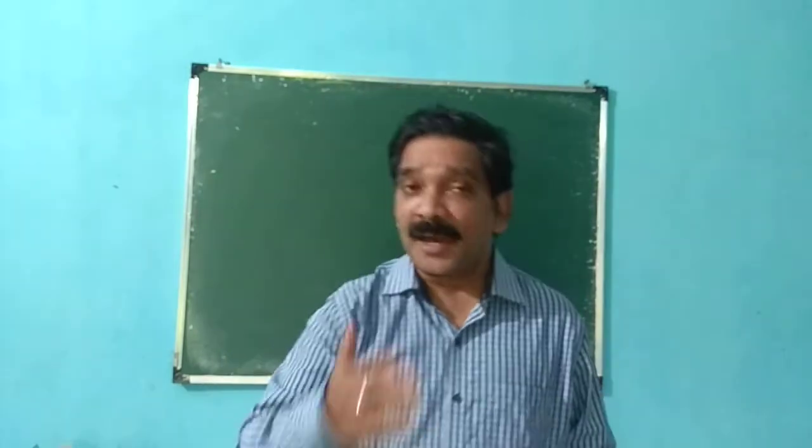So once again we are here, and in the last class we did exercise 8.1. All right, we studied the objectives. What are the objectives of this chapter? Comparing quantities. We also studied how to find out the percentage. We also studied how to compare the different units, I mean, finding out the ratios of different units. Correct. Today we will start with exercise 8.2.